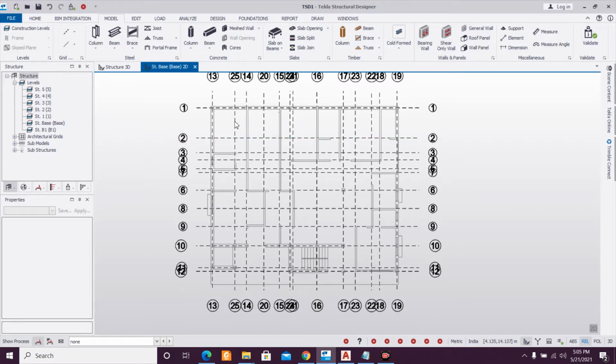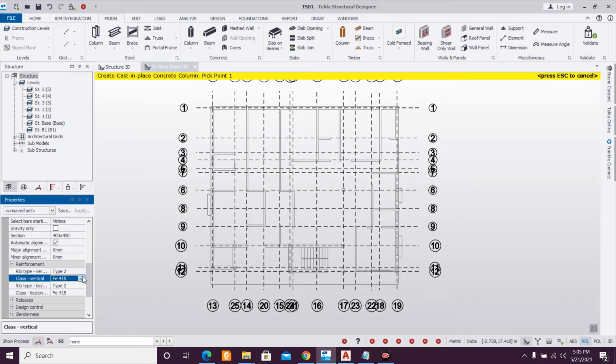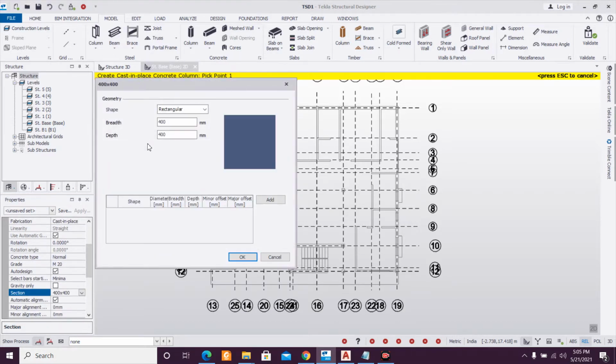Now for the columns, we'll select the columns here, and we'll start making our columns. Basically I'm going with FE 500 columns, and this particular column I'll try to keep this size as 250, and this particular size as, let's keep 450 cross 250, like this.